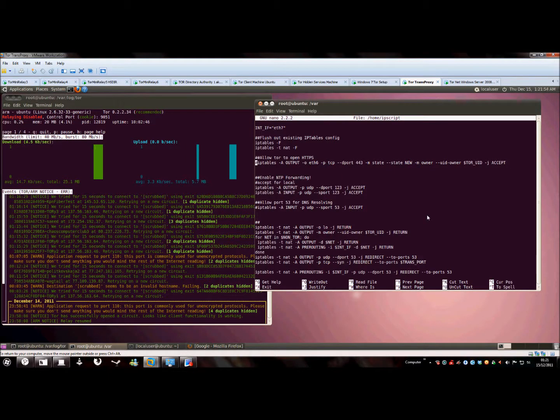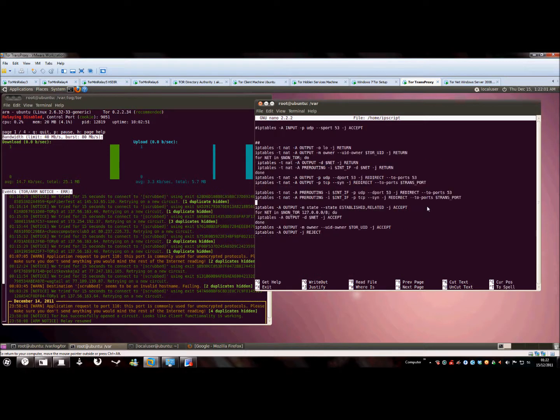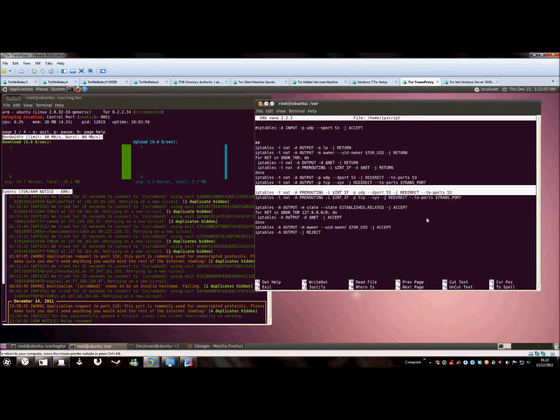This is a Tor transparent proxy which routes all traffic on the network through Tor. The way it does this is through a bunch of IP tables rules that are tailored to route all traffic on all protocols through Tor. All UDP traffic is actually dropped apart from port 53, which is for DNS, that's routed through Tor, and RTCP